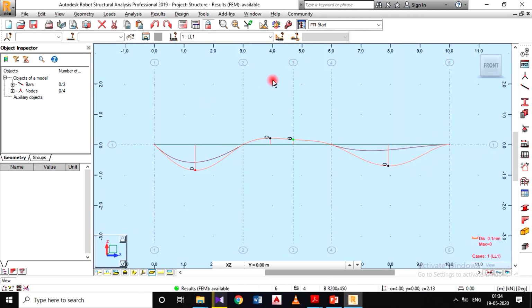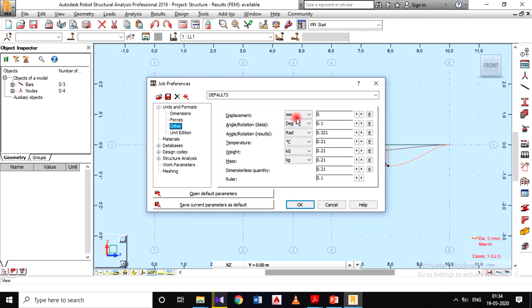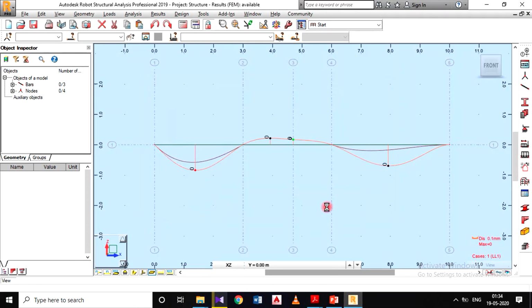Okay, so to get this printout also, actually we are getting lesser deformation. So it is showing point something because the value is less than 1. So to get the exact value, go for tools, units and formula. So in that, click on that other. In that the displacement, you can give some 3 digits. Press OK. So we get the values here, the values of that deformation shape. Okay. So these are all the displacements of that one.